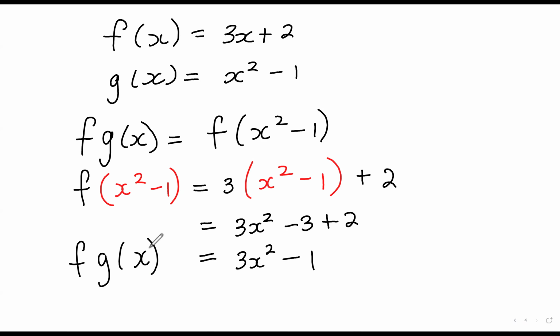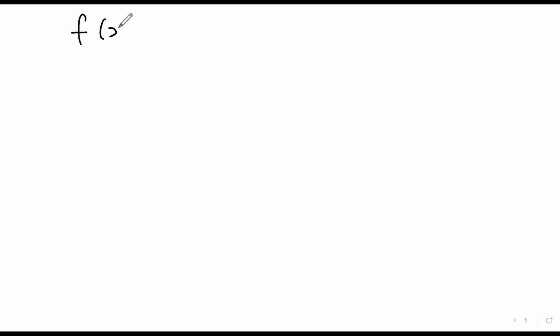And to find g of f of x, you would need to replace wherever you have x in the function g of x with 3x plus 2. Let's just do it quickly just to be sure. So we had f of x is equal to 3x plus 2, and then g of x is x squared